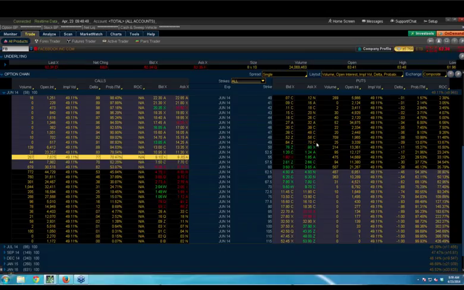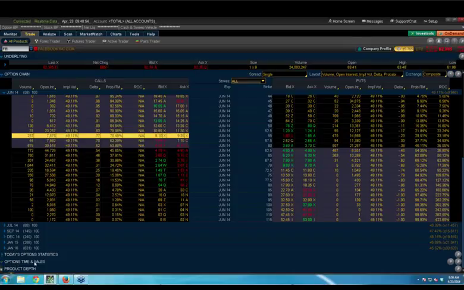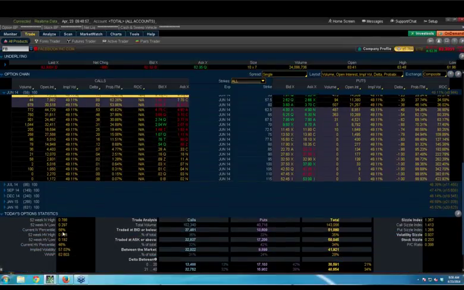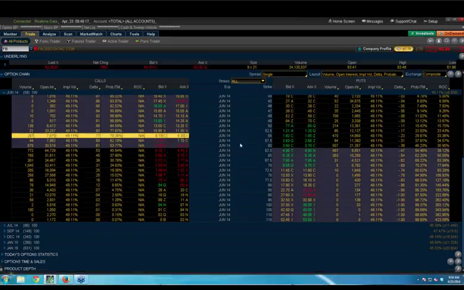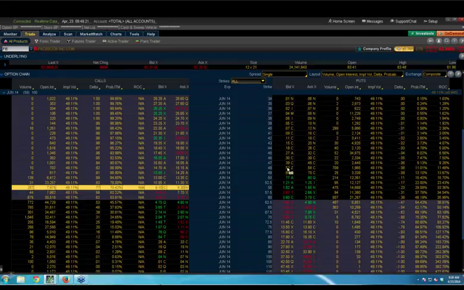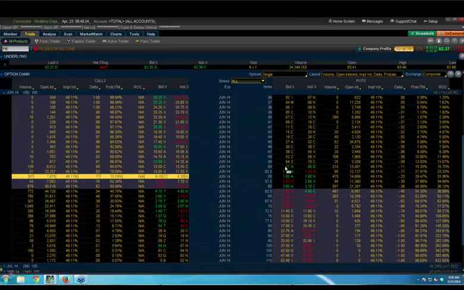I also probably, and I had mentioned this earlier as well, if we look here, with Thinkorswim, they actually give you statistics on options, and you can see here that the IV rank is actually above the rank, and like we talked about with implied volatility, ranges from 0 to 100 typically. So this is right here, just a little bit above its mean, or the 50%. So for me, I probably would look at something like even selling a put to offset some of my risk as well, and that probably would be at the 50 strike on something like that.